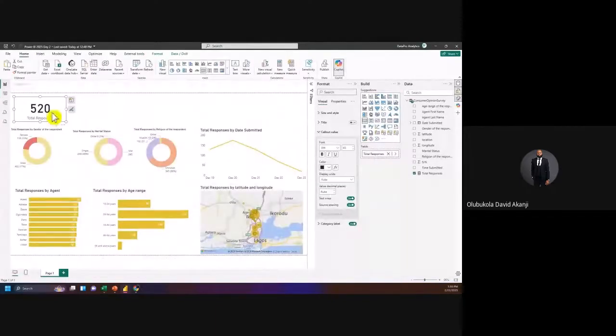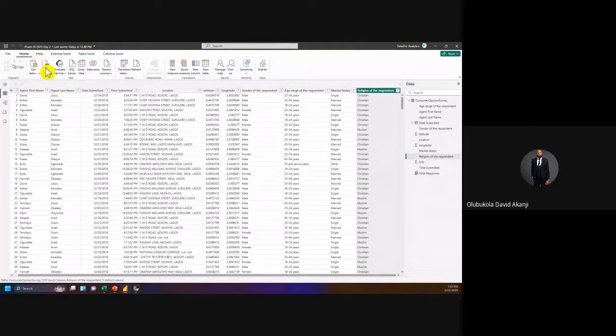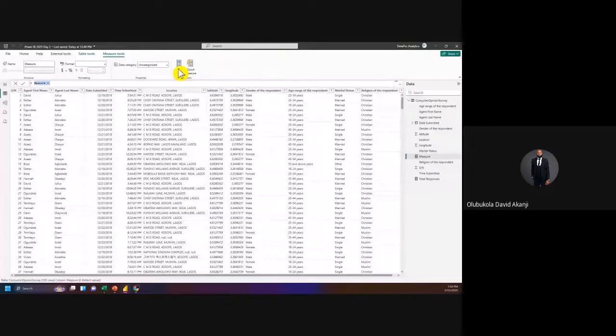So now, for the male, what I'm trying to talk about now, the approach is you are going to go to home, come to your table view, come to home, click on new measure here. When you click on new measure, I've mentioned that the way you work with Power BI is just like the way you are expressing your English, that you are speaking with computer or speaking with someone. So I will say total male respondents, or instead of having a long sentence, total male equals to